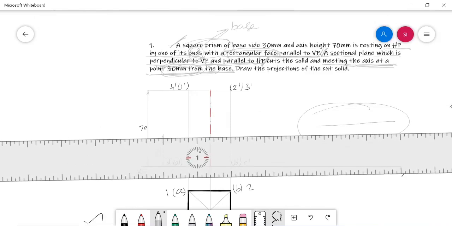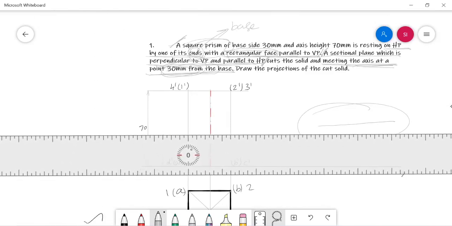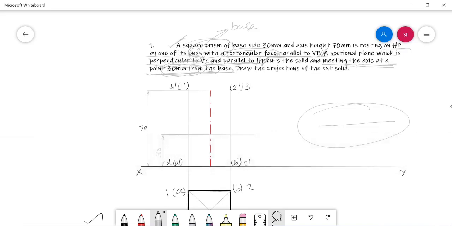Our cutting plane is going to pass the solid axis. So the location of the cutting plane is mostly given with respect to the solid axis. Instead of giving the position of the cutting plane with respect to the base edge or any of the lateral edge, the cutting plane is mostly given along with the axis location.